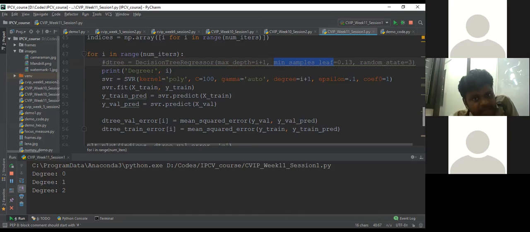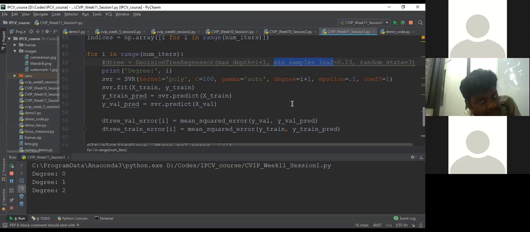If the error is increasing beyond a certain depth value, then you are getting into an overfitting mode. I want you to experiment on these three data sets by increasing the maximum depth parameter for the decision tree regressor, or the degree of the polynomial in the SVR, and see whether you go into an overfitting mode for any of them.